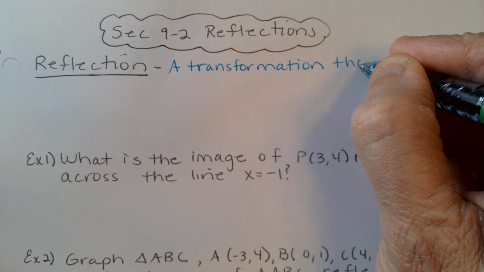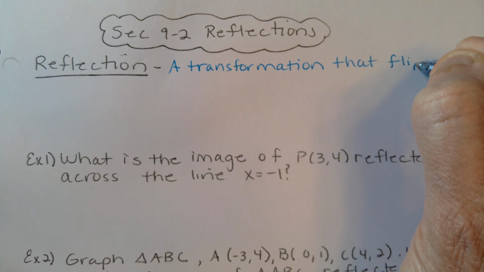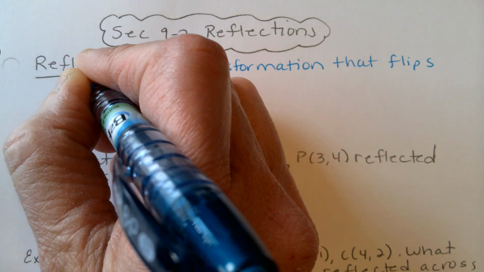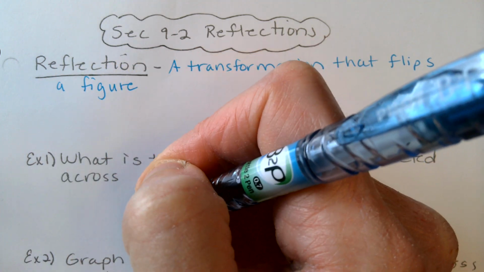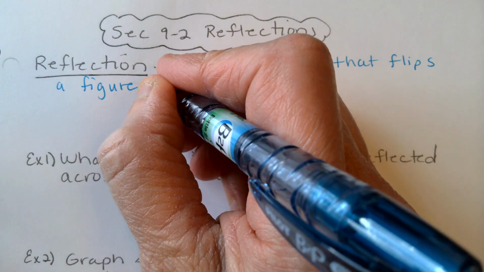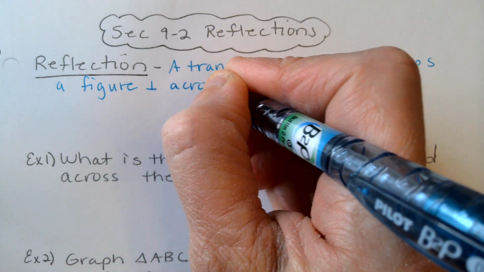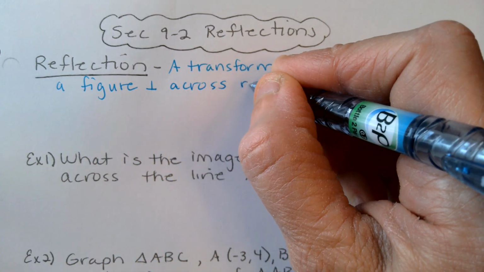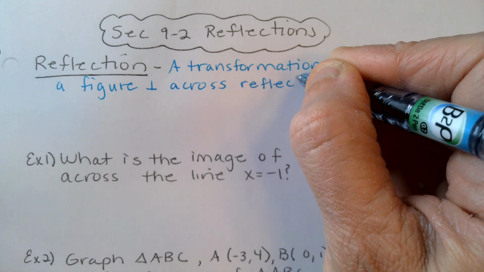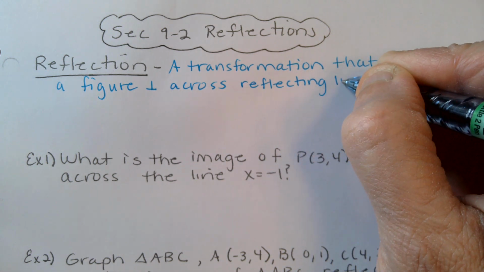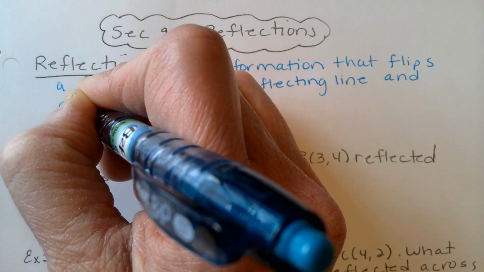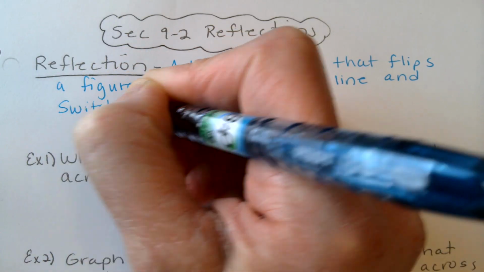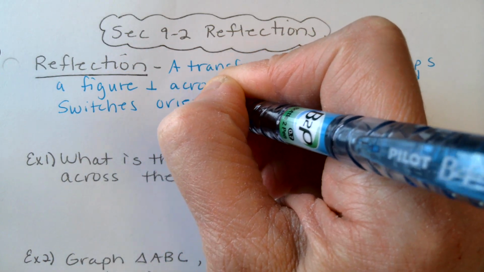that flips a figure perpendicular across the reflecting line and switches orientation,